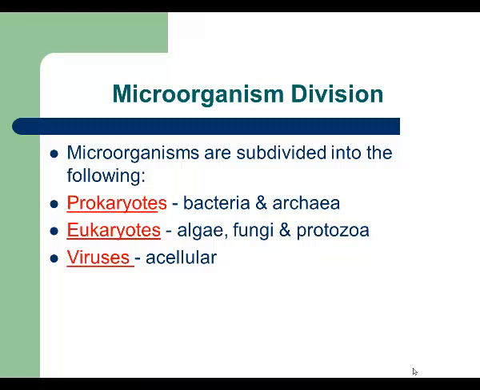And the last group is called viruses. As you see, they are acellular. Acellular from Latin means no cell. And that's true. We cannot call viruses cells because they have no metabolism. That means they cannot produce energy or reproduce by themselves. But viruses can reproduce, we know that, right? So how do they reproduce?